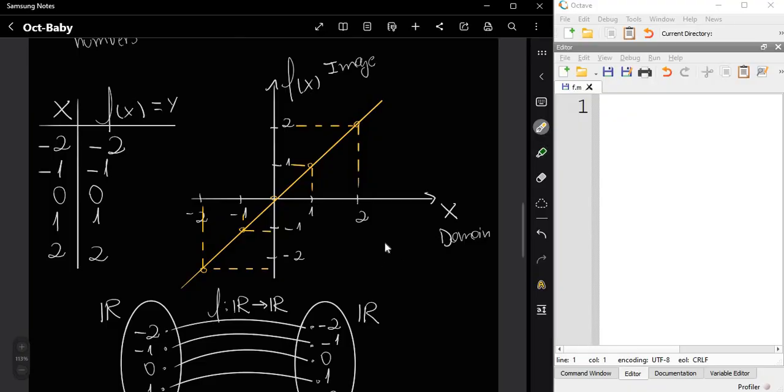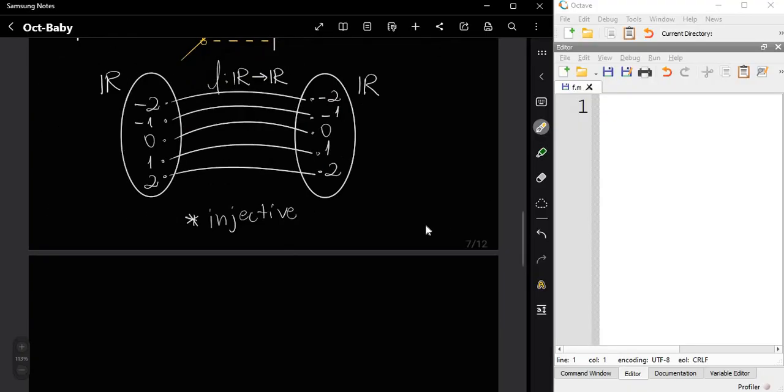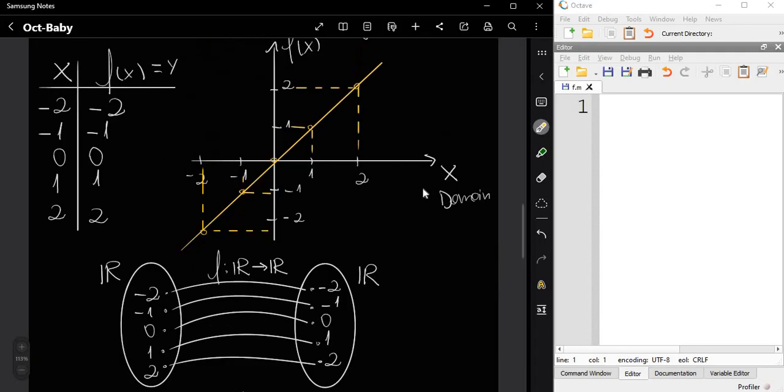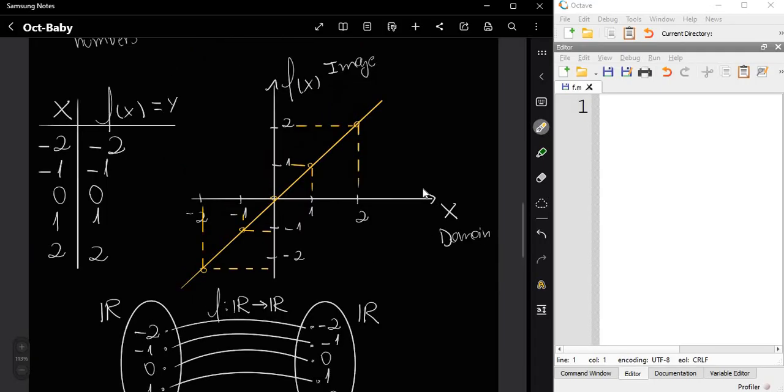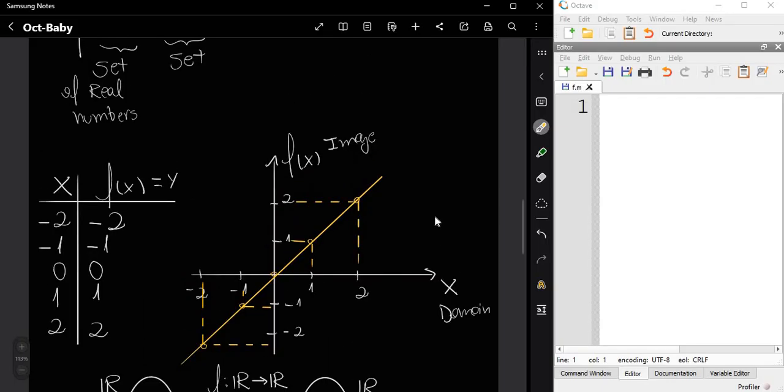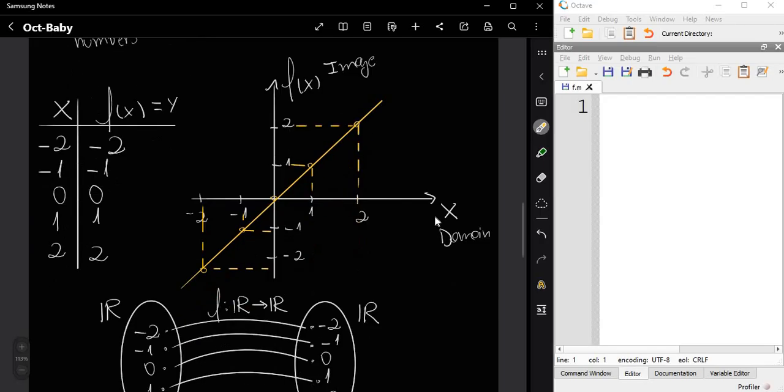Okay, and again, trying to point out some properties of this function. There are things that we can point out just by looking at it, and some other things we need to prove with some math.